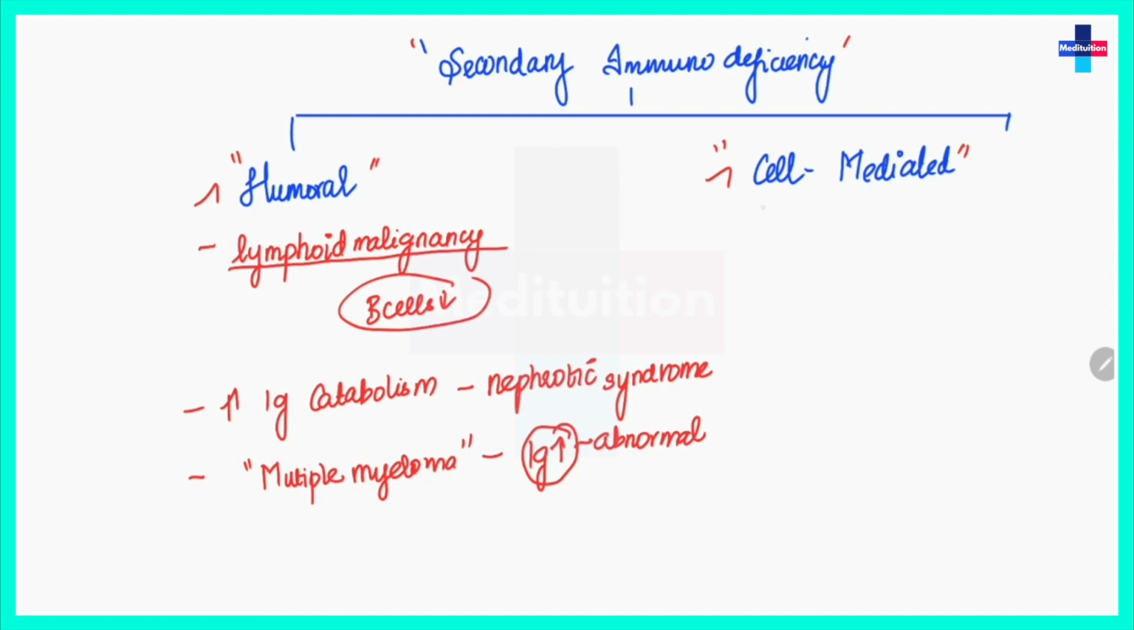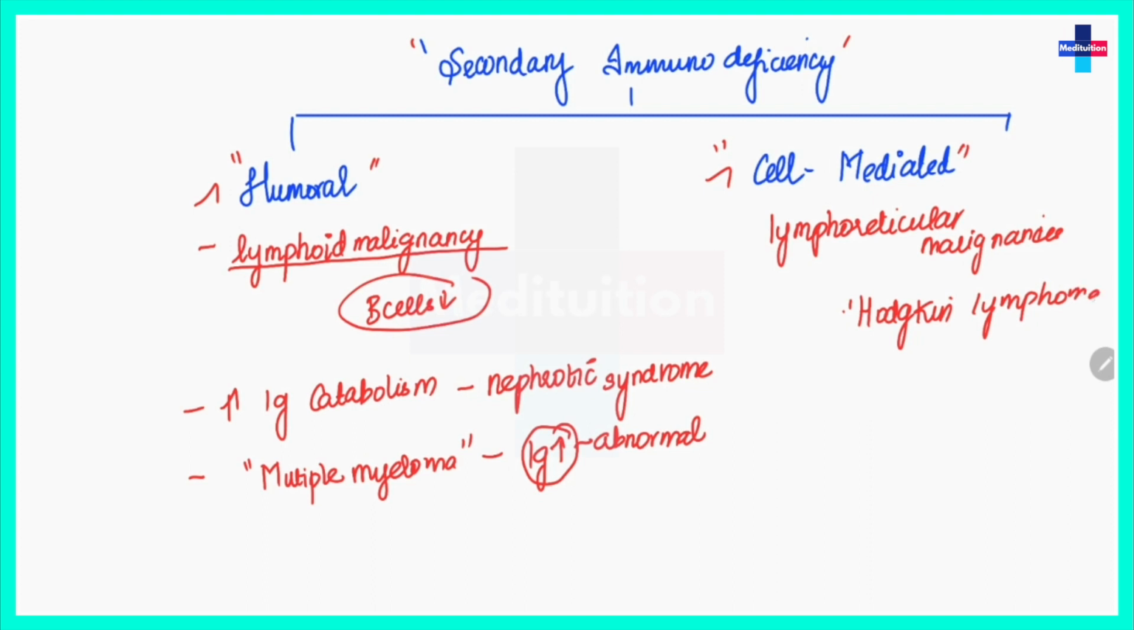So again in cell-mediated immunodeficiency, the T cells are depleted due to any lymphoreticular malignancies. For example, we have Hodgkin lymphoma. So this cell-mediated immunity can also be deficient in other conditions, like it can be deficient in viral infections, for example in measles, and it can be deficient in some bacterial infections which will affect the lymph nodes, that is leprosy,